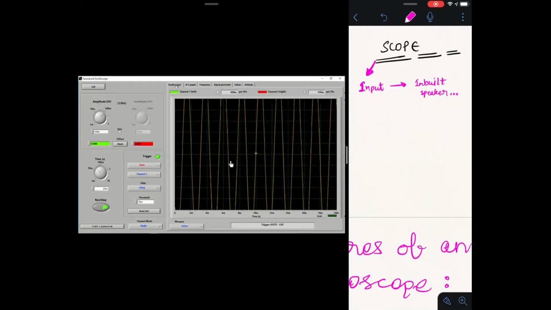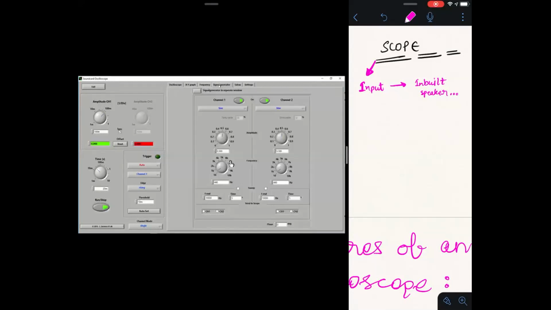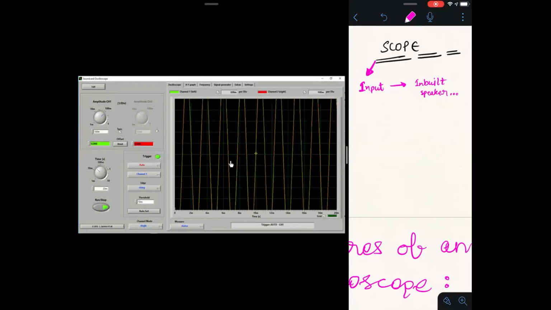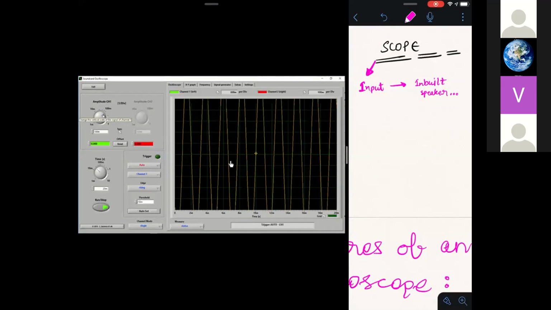Now if you come to the oscilloscope, after the signal generator block, just go to oscilloscope menu, and when you come to oscilloscope menu, just come to amplitude. In the new screen, students are finding that this waveform, this diagram, is going out of the window. So we just have to scale it down so that we can see the complete waveform in the window.